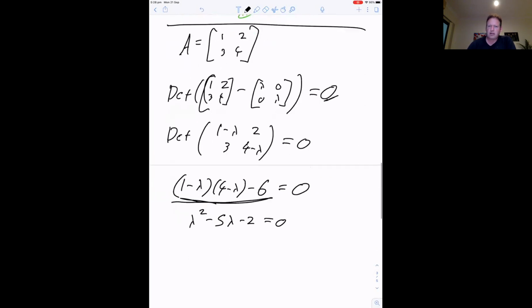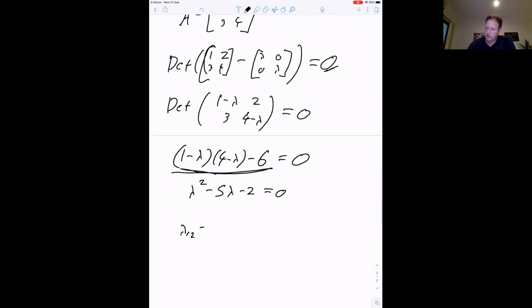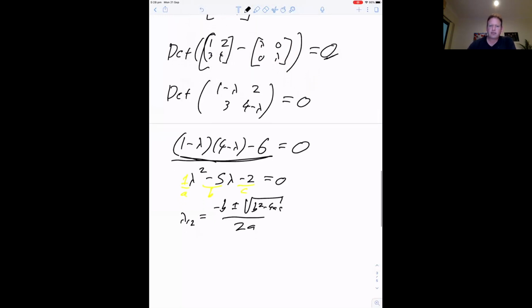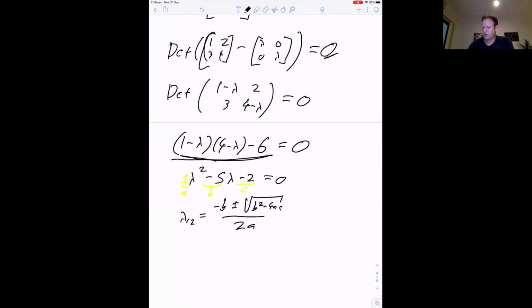equals 0, and then you say lambda 1, 2 equals, let me just write the formula. So you see negative b plus square root of b squared minus 4ac, all divided by 2a, and this is just the quadratic formula. So this is a, this is 1, and this is b, and this is c. Okay, and if you do this in this case, you get some numbers, and we'll see that in Jupyter in